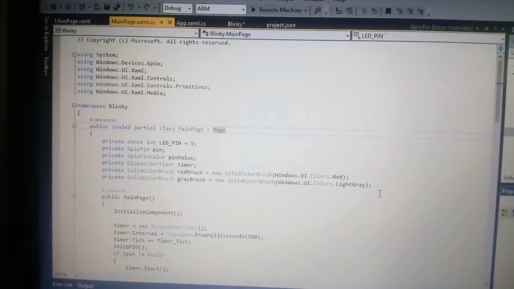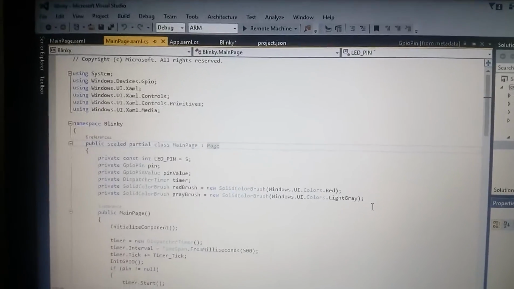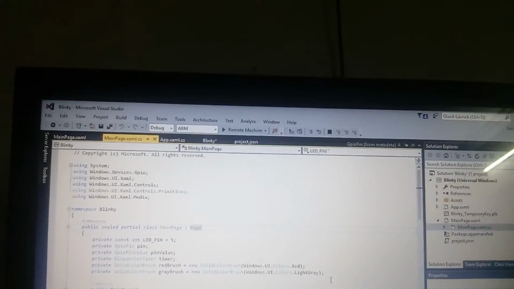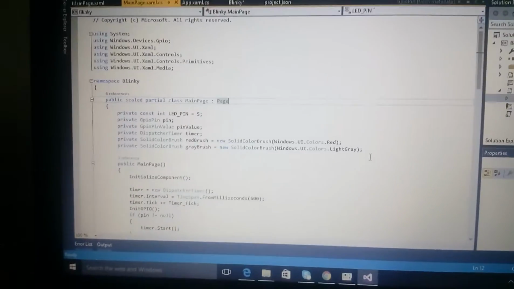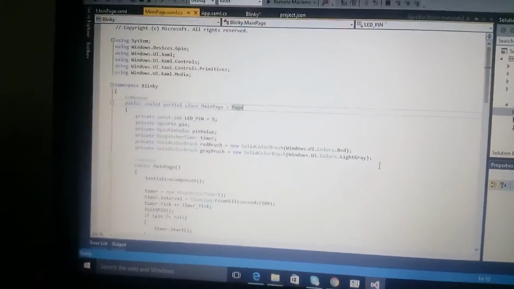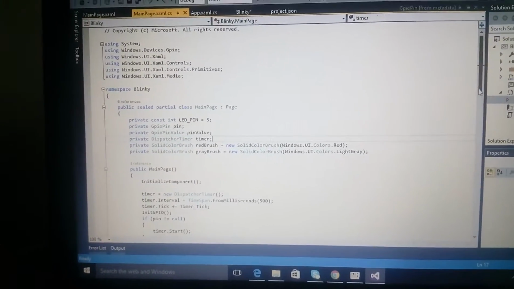Where are we getting them from? We're getting them from the Windows.Devices.Gpio namespace, which you see here, which enables us to use all these GPIO related pins. And then in the main program, you can see that